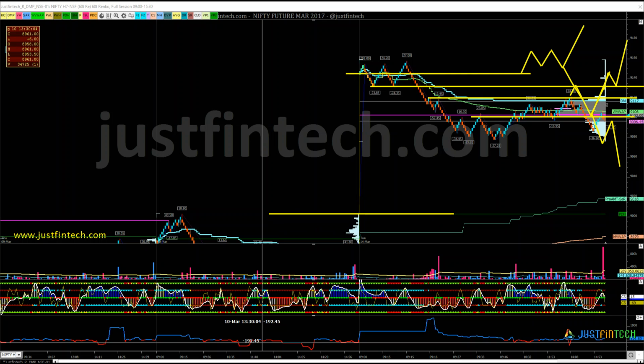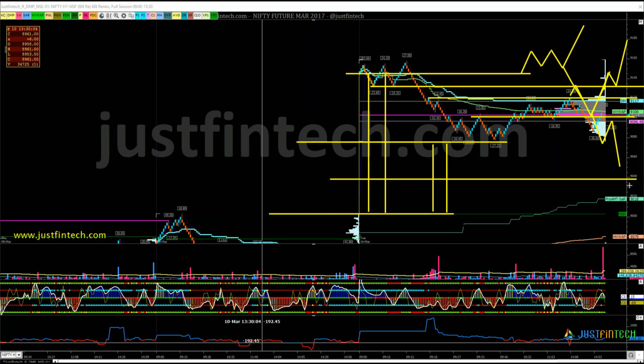So this range we have as a gap, and as a clean gap we have this much range. So the mid of this as well as this range. This is almost the mid of this entire gap, the low, and from the low to the highs, the mid is almost here at 9040. So it might come into this and then bounce back.